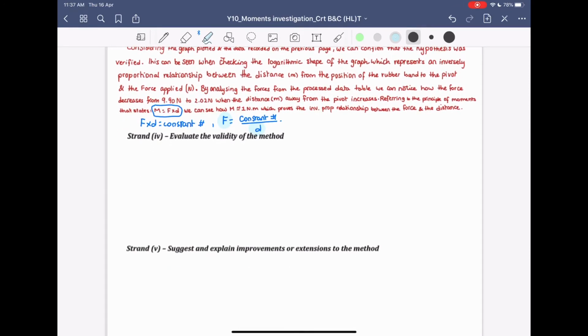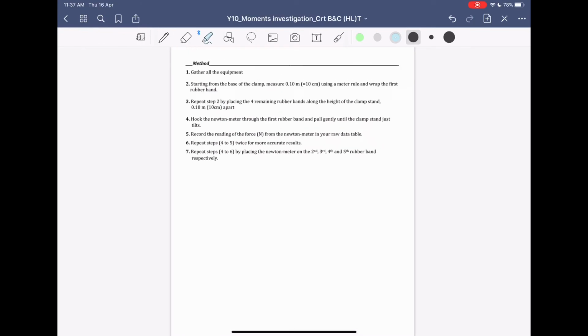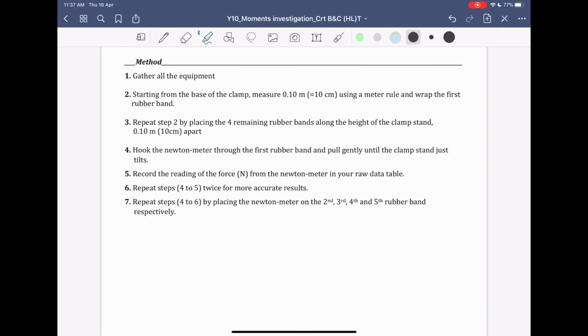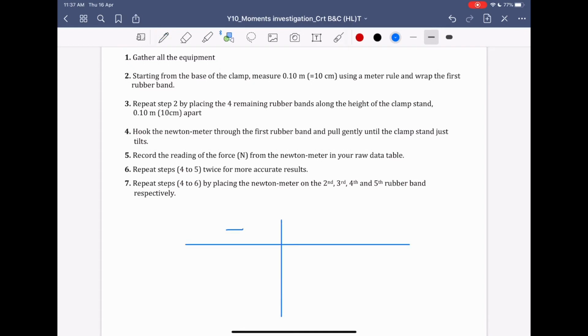Now, next, strand IV, what they want is to evaluate the validity of the method. Here, you need to return back to the method to read it and to see the strength points and the weakness points of the method. Usually, what I do is I do a table and I show the positive things and the negative things. Okay, for the positive things, we can see that